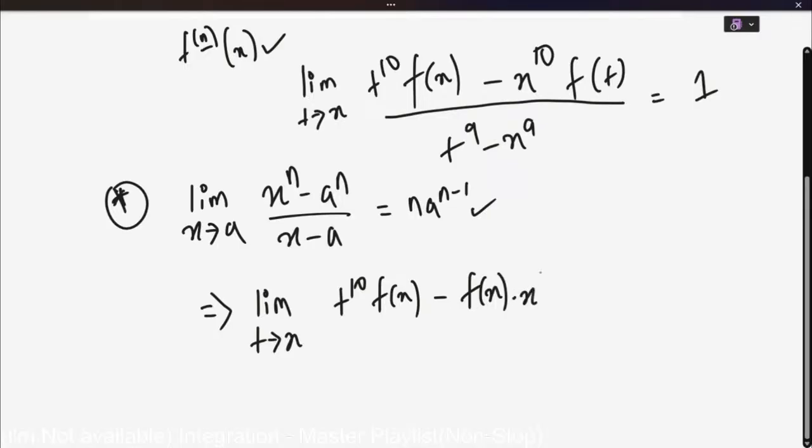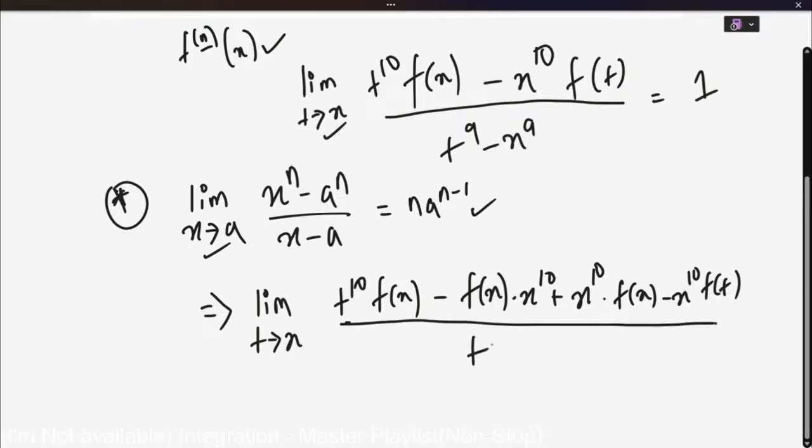And what we basically want is x to the power 10. So that when you factor out f of x, you basically get t to the power 10 minus x to the power 10, and that is something of the form x to the power n minus a to the power n, and the limit also supports it since it's t tends to x, as here it was x tends to a, right? But we cannot just introduce a term, we also need to add it to make things equal, like this, and then just write down the rest of the expression. And we should get something like t to the power 9 minus x to the power 9, and this is equal to 1. Okay, now